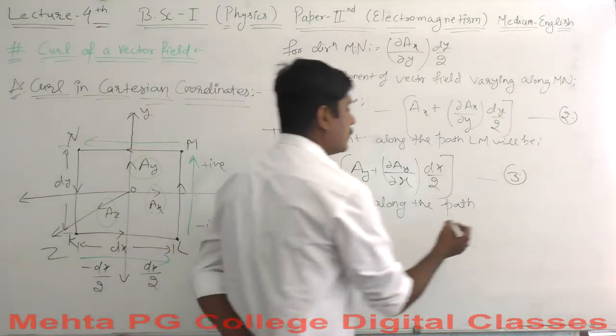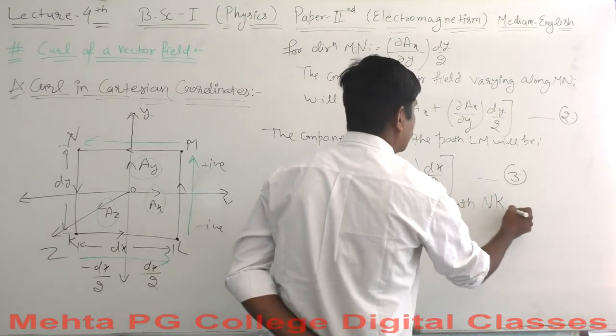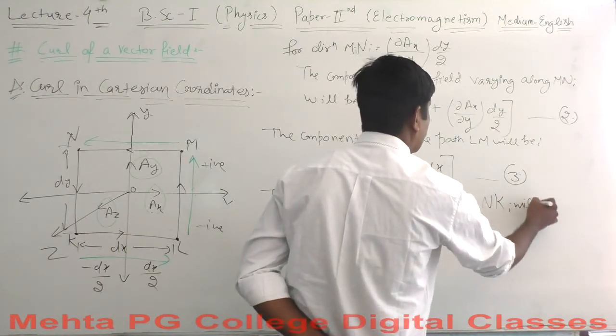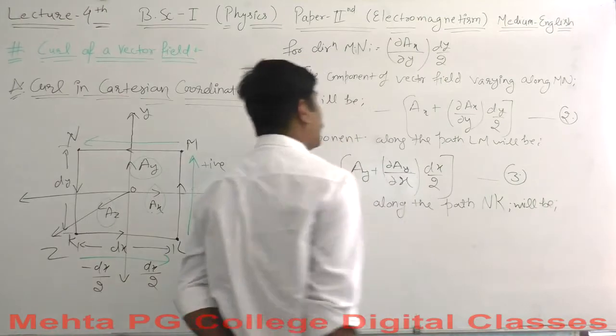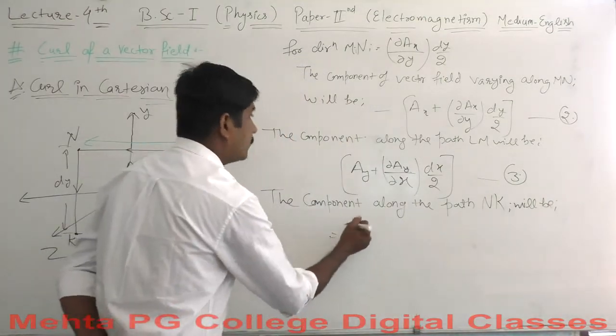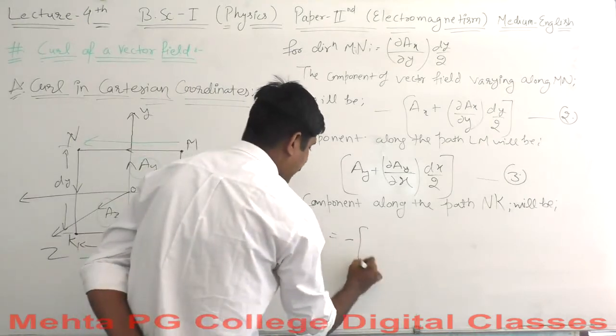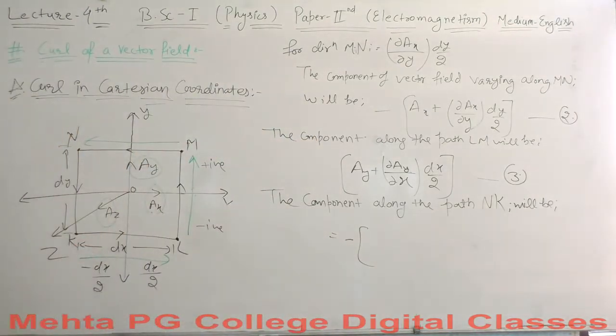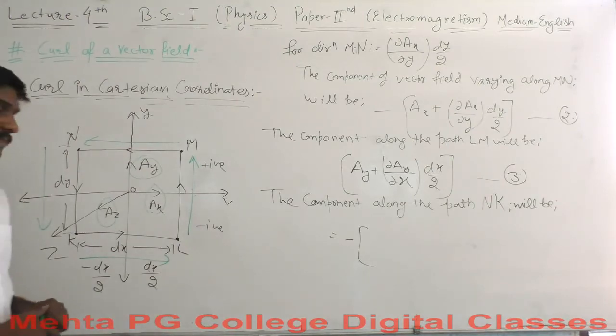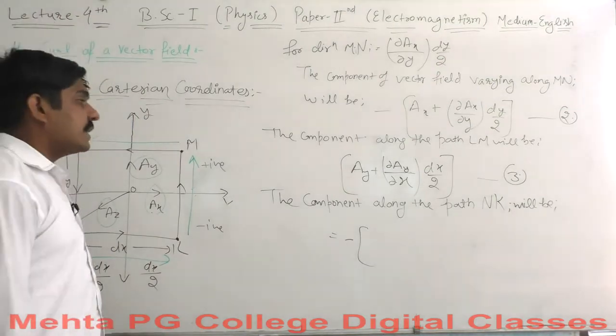Along the path NK, remember, this will be in the negative direction because the flow is opposite here. So negative of